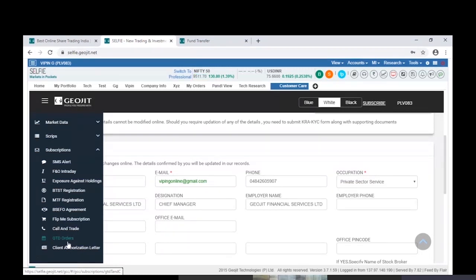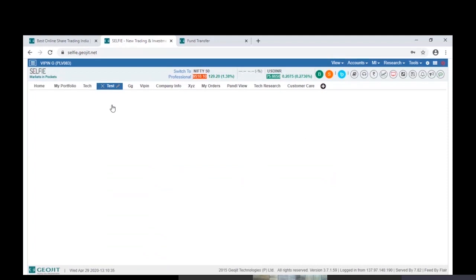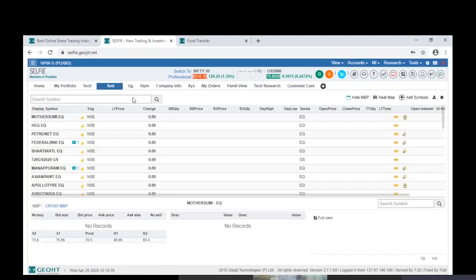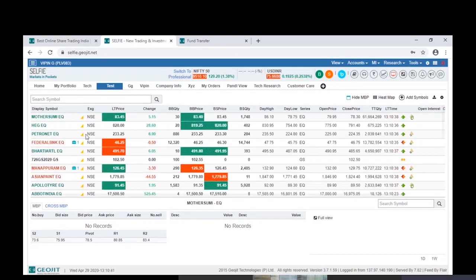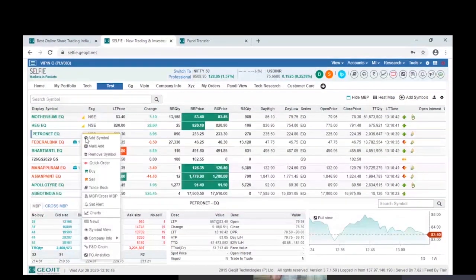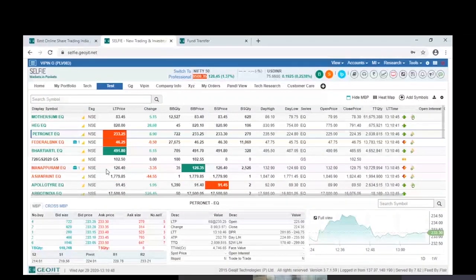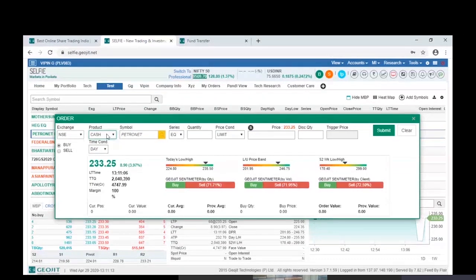Just concluding the webinar, one more point related to the order window, because I have shown you the details of how the order gets placed. Just a couple of points on those things, because we defined what is a limit order, what is a market order, what is a stop loss order. Similarly, you could see the products, because it is very important that you choose the right product when you place an order, because you see cash, intraday, MTF, BTST for equities. What we call cash is that it is expected that you would like to take this as a delivery. That means today you are not going to square it off.